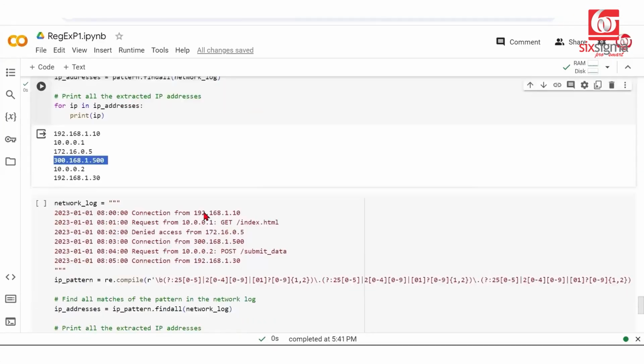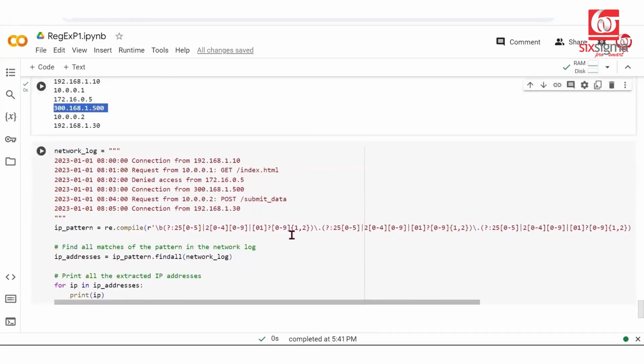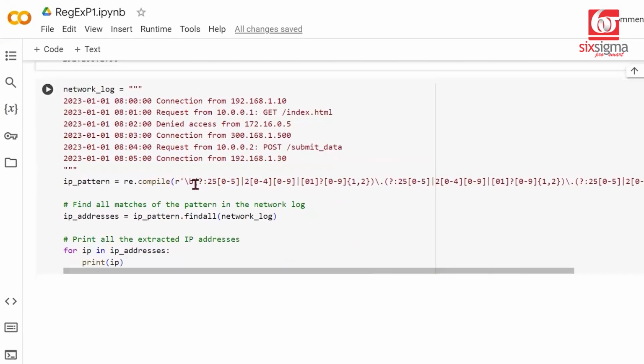So if you want to put specific conditions while searching this log, what you can do is you can write a more comprehensive regular expression. Again, a non-capturing group which has values which could range from 250 to 255 or 200 to 249. So how do you read this? 250, then it could be anything from 0 to 5. So it could be 250 to 255 or